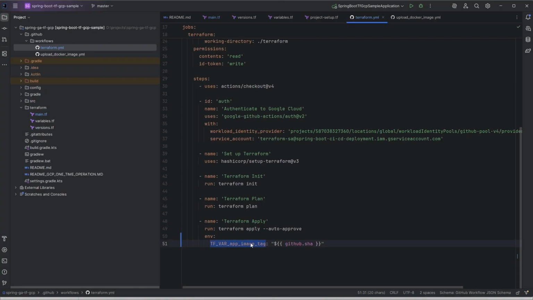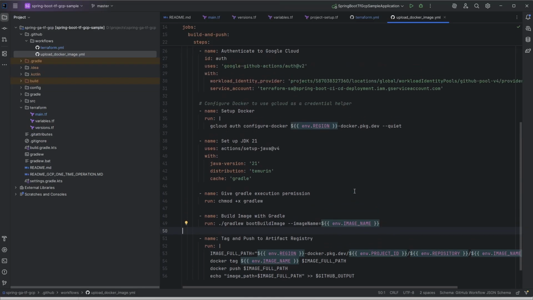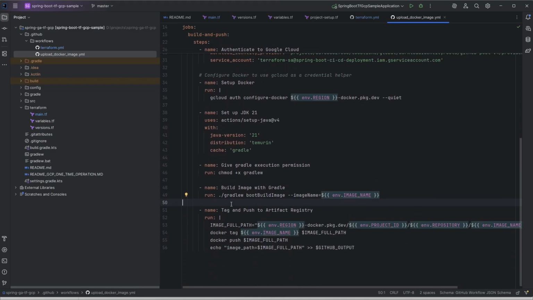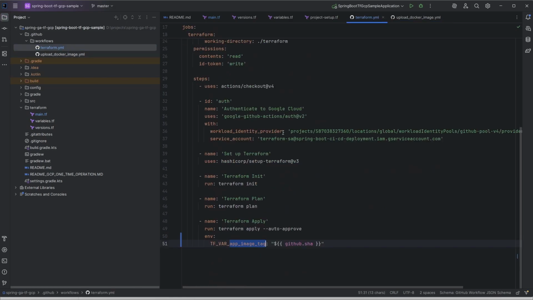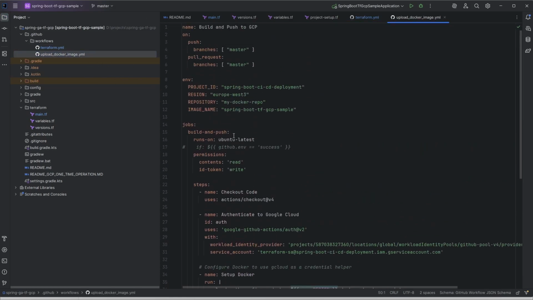So this is going to replace the app image tag with the tag created by the previous action. So what we want to do is first make sure this action is running and then run this action. So to do that, we have to define some information,